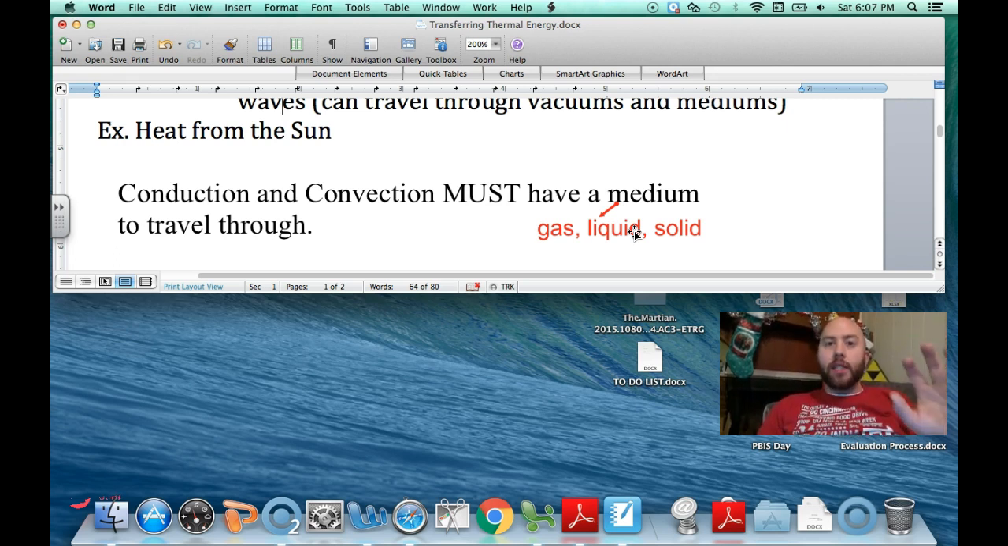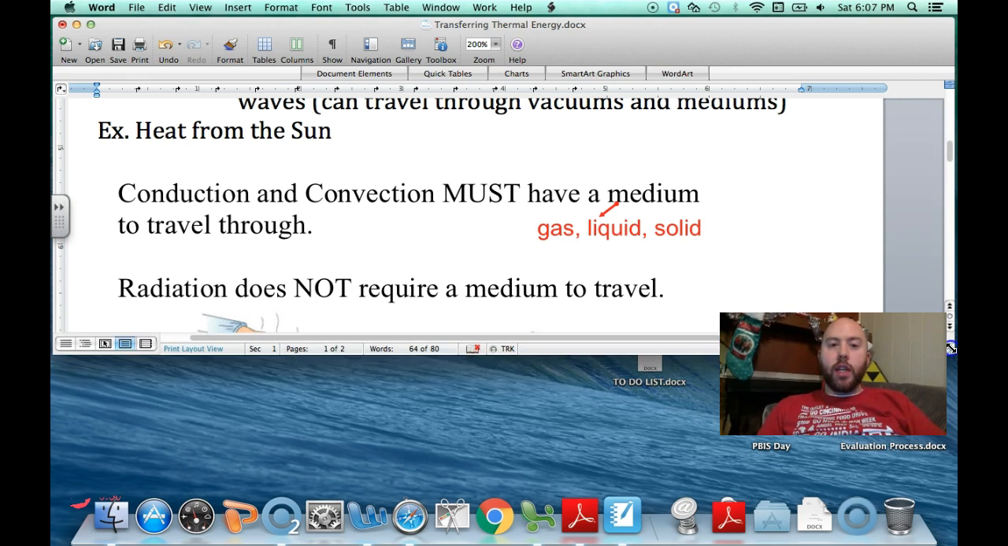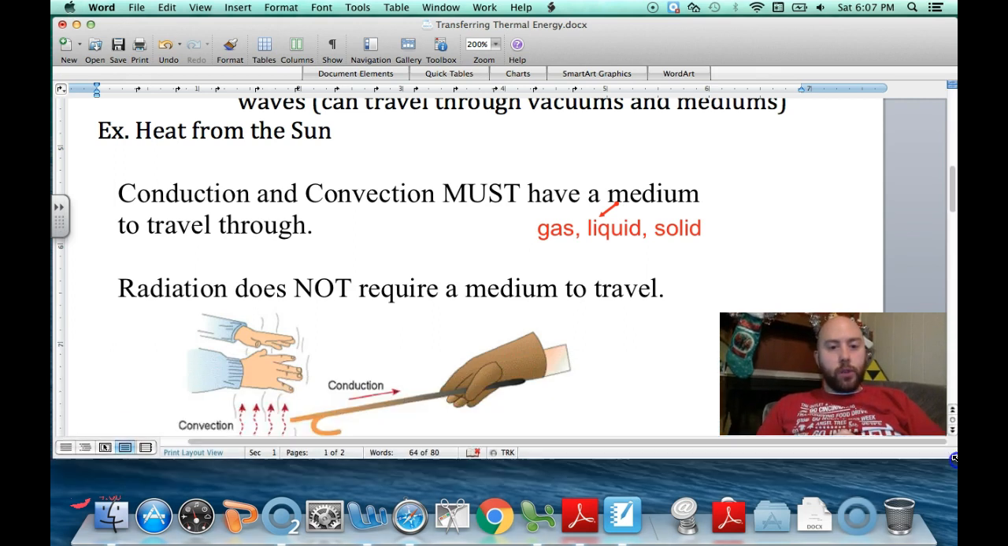You have to have a solid, liquid, or a gas for this to work. However, radiation does not need a medium. Radiation can travel through a vacuum. In fact, if radiation had to have a medium, the whole Earth would be frozen because we would get no heat from the sun. And just to give you some visuals for this,